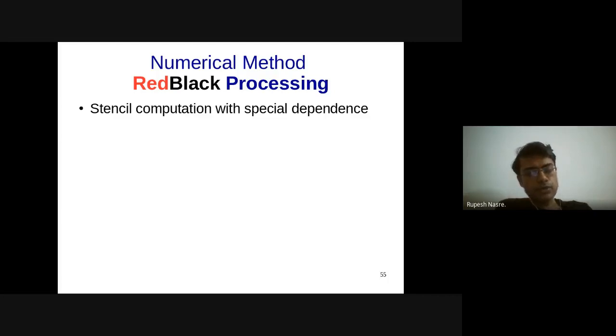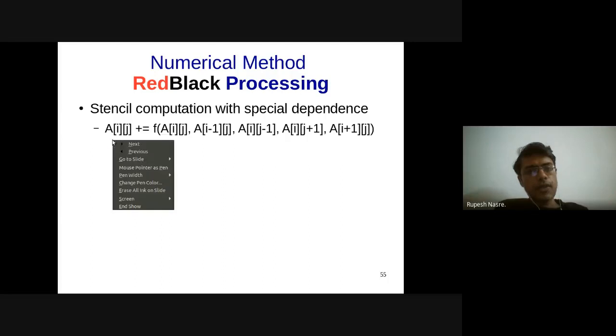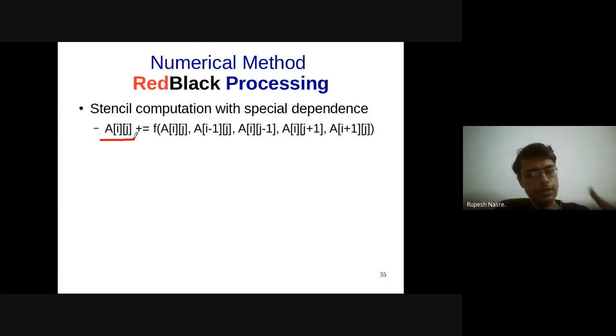So what we are going to do now is to look at how to model this computation using red-black processing, similar to what we did in case of OpenMP and MPI. Just to put it in more concrete terms, A of ij is going to be a function of itself. I'm using plus equal to, but it could be an arbitrary function of that. Well, I should have probably not written plus equal to, it should be equal to, because I'm specifying A of ij here.